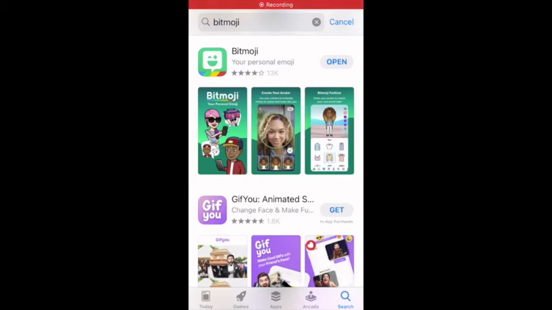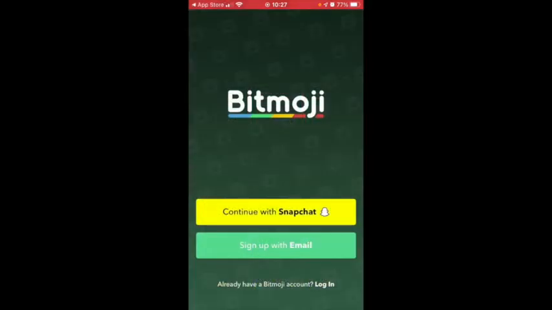This video will explain how to make your own Bitmoji and then how you can use it. So the first thing you need to do is on your phone, you need to download the Bitmoji app. Once you do that, you can open it and you need to sign up with an email. I would suggest using your work email so that you can easily link it when we add it to our